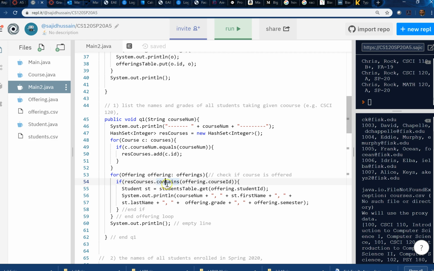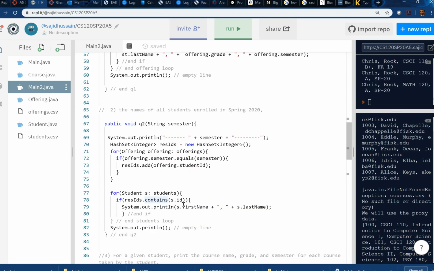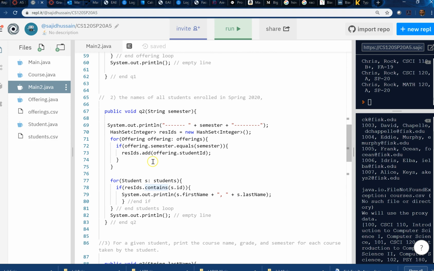So for that offering, if the course is of interest, we pull that offering's student information and we print it. That's it. Similarly, for query 2, we need to find the names of all students enrolled in a given semester. So first we find the IDs. We go through our offering, and whenever any semester equals our given semester, we get the